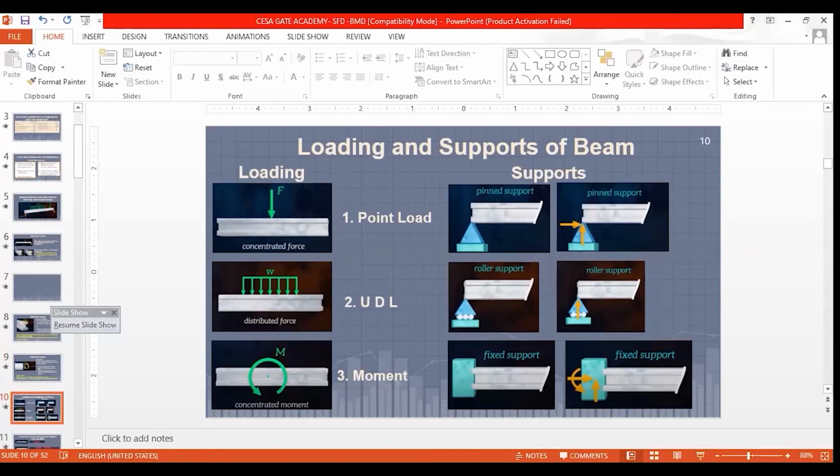If you say pin support, there will be two reactions. One reaction is horizontal and another is vertical. In case of roller support, there is only a vertical reaction, which is perpendicular to the line joining the centers of the rollers. That is what we always say: if there is some inclined load, then there will definitely be inclined reactions, and that reaction will have two components, one horizontal and one vertical. In case of fixed support, in addition to horizontal and vertical reactions, a reactive moment is also acting. Now, coming across this particular part,